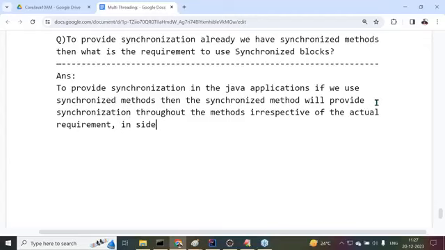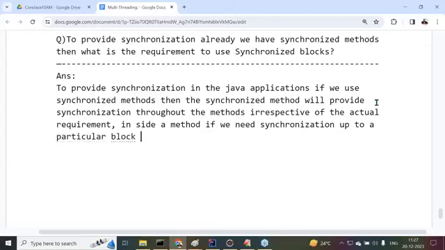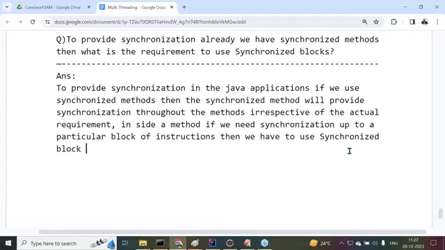Inside a method, if you need synchronization only after a particular block of instructions, then we have to use a synchronized block.